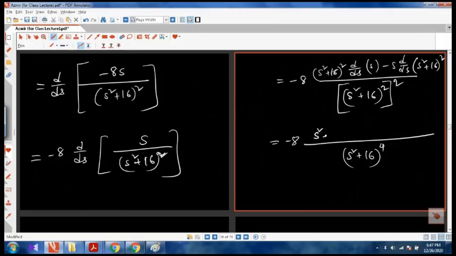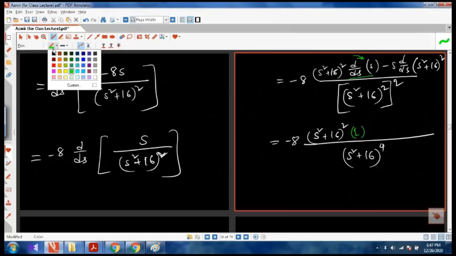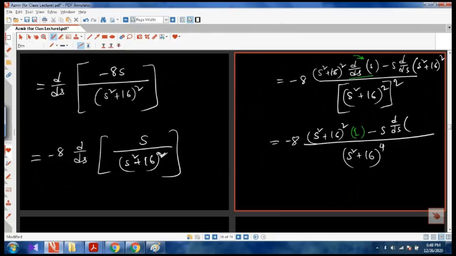So s squared plus 16 whole squared, and differentiation of s, this one is 1, negative s. Here we can also simplify because we have a plus b whole squared, so a squared plus